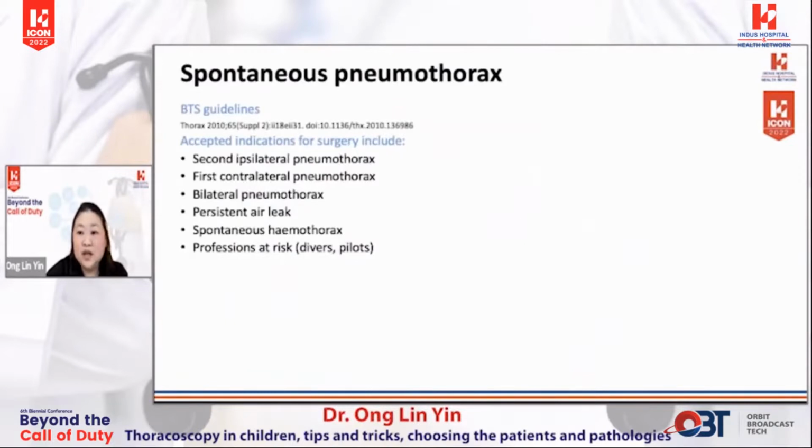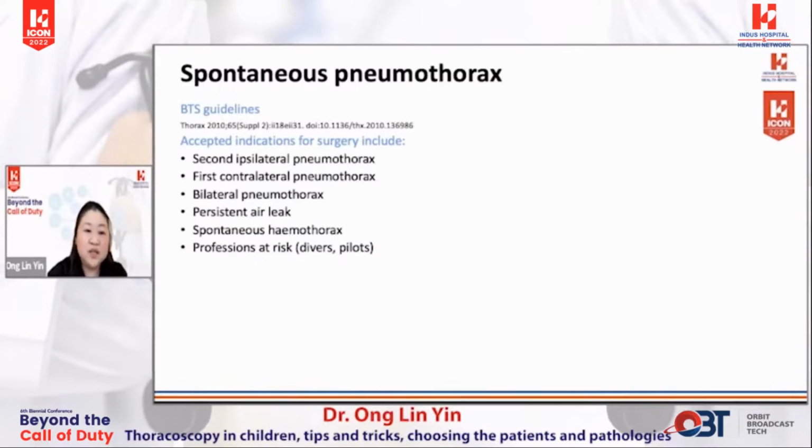Spontaneous pneumothorax is not very common in our population. They are usually managed by the respiratory physician, and we only get the patients who are referred to us for surgery. At KK, we follow BTS guidelines, which is the British Thoracic Surgery Guidelines, but these are generally applicable more for adults. Accepted indications for surgery include second ipsilateral pneumothorax, first contralateral pneumothorax, bilateral pneumothorax, persistent air leak, spontaneous hemothorax,